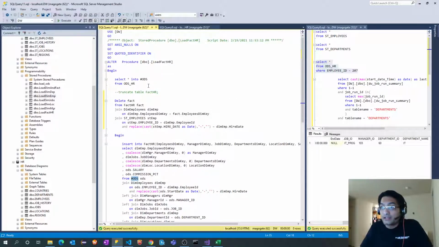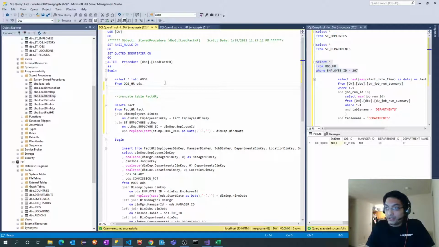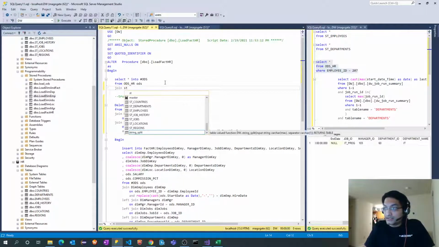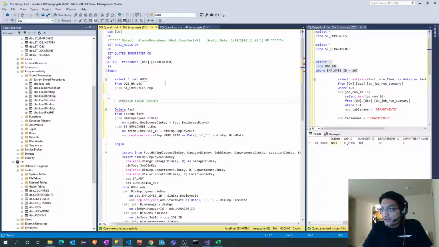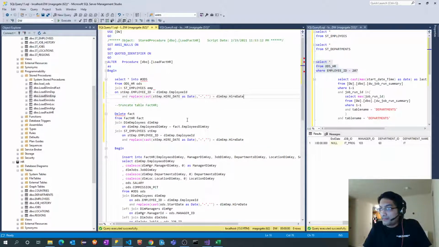So for that, I will join my staging table here, st_employees, EMP, and I will copy this same condition. Rather, I should add all four conditions. I will change this to ODS because the granularity is different here.